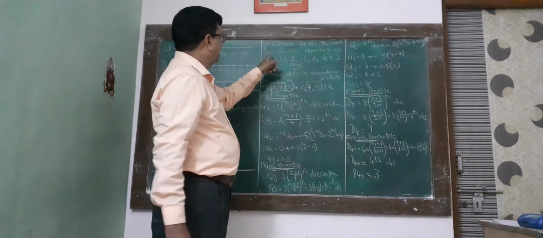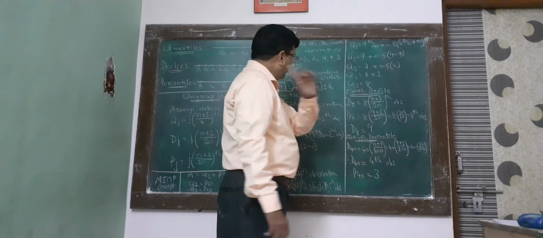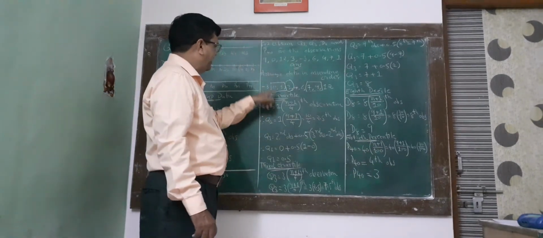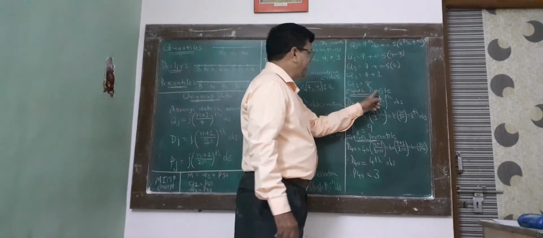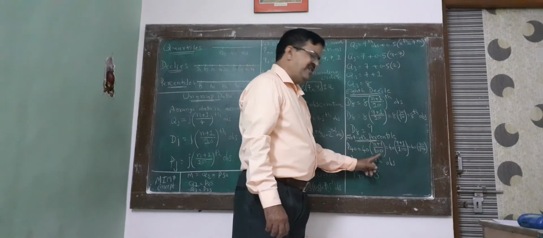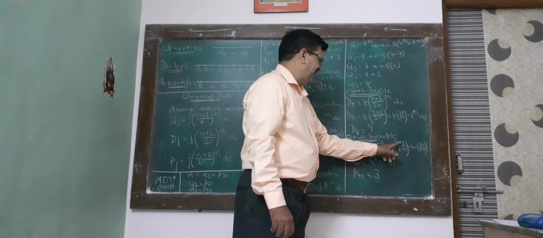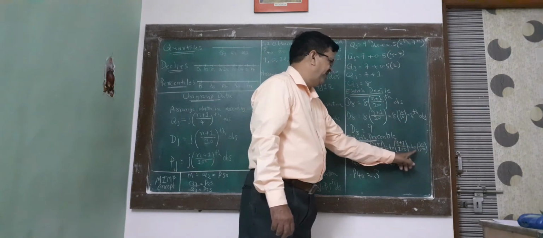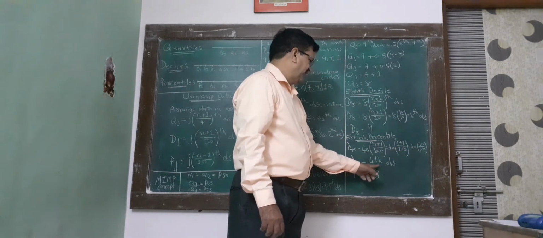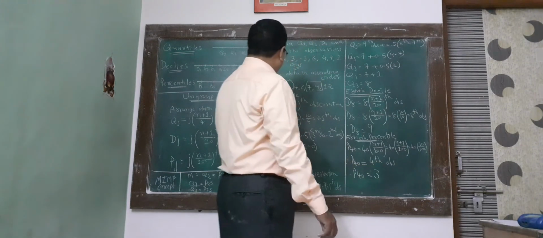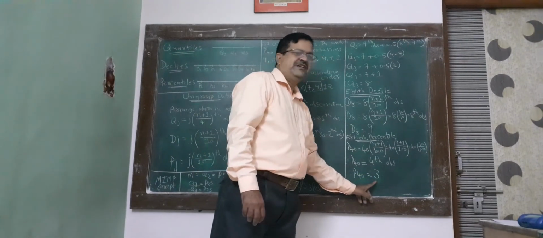And P40, the 40th percentile, you have to find the percentile out of 100. Remember only one thing, friends: quartiles divided by 4, deciles divided by 10, and percentiles divided by 100. So 40 into (n plus 1) by 100, 9 plus 1 is 10, 10 by 100 is 0.1, into 40 is 4. So it is the 4th observation. In ascending order, first, second, third, and the fourth observation is 3. So P40 is equal to 3.